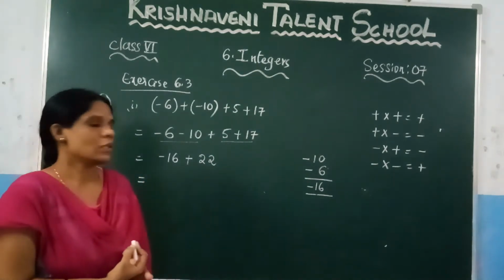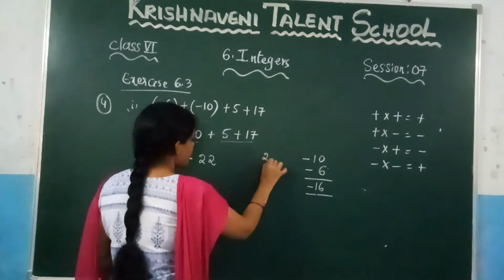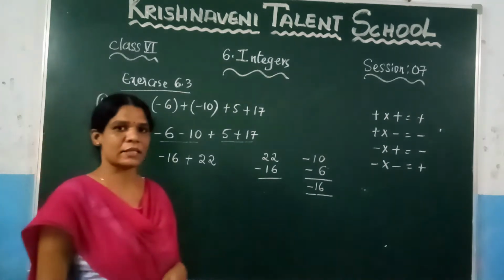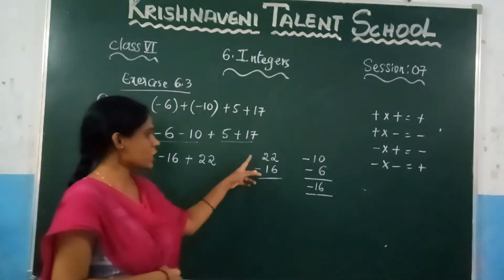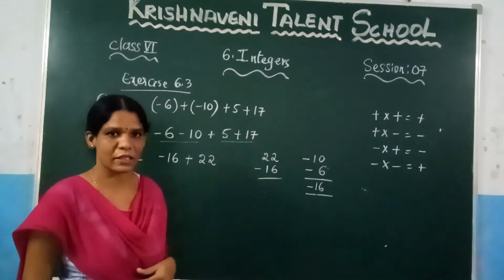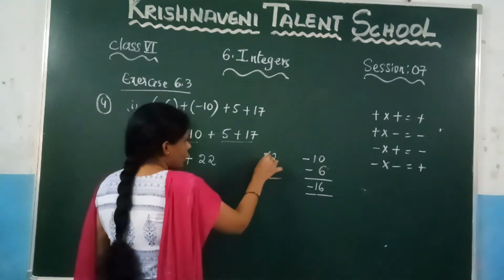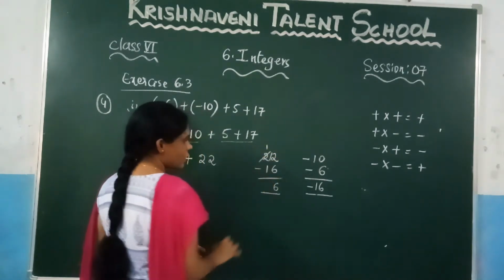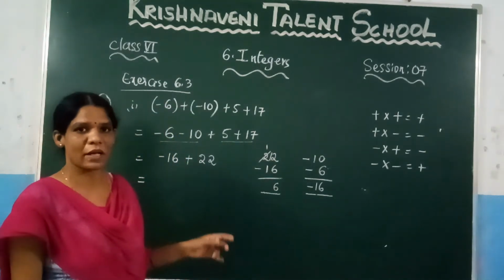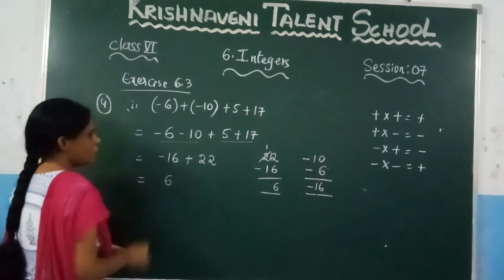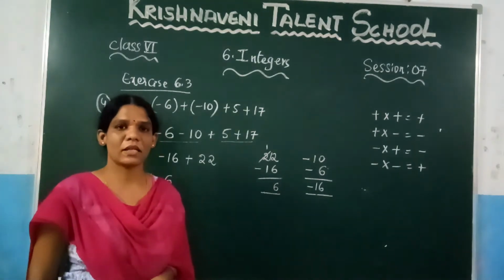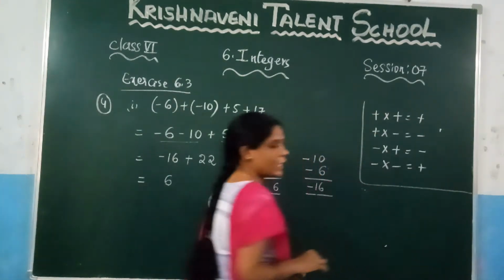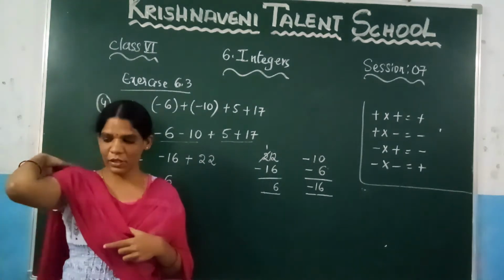Now, what do we need to do here? Plus 22 is there and minus 16 is there. Similarly, you know that for 22 minus 16, we need to subtract, because one is positive and the other is negative, so you need to subtract the values. So, 12 minus 6, which is 6. 1 minus 1, which is 0. So, what is the value of 22 minus 16, which is 6. Right? Like this, you need to simplify the given expression. If you remember this, you can solve any kind of problem regarding integers. Now, let us see the next question.